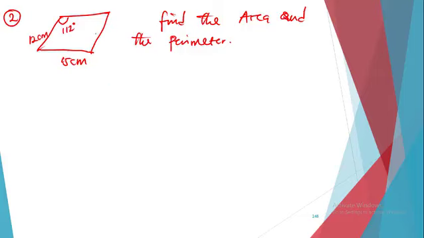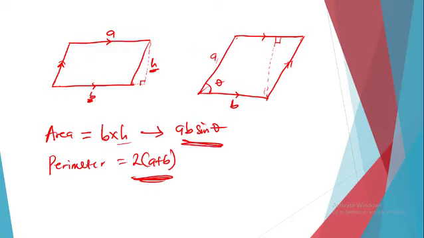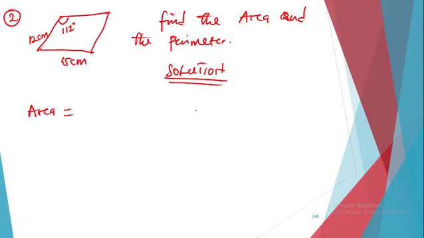Okay, we have question number 2. We are asked also to find the area and the perimeter of the diagram. Okay, and the area is given to be AB sine theta. Okay, AB sine theta. So what's our A? This is our A, this is our B. Therefore we have 12 times 15 times sine 1120, and this is equal to